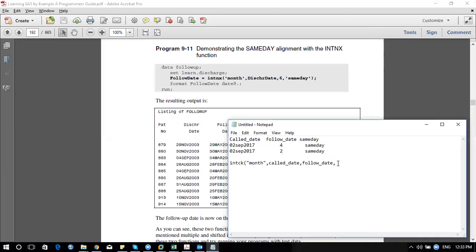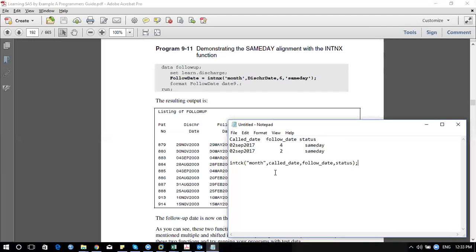If I don't have a same day, you have to put it like this. Again, instead of same day, you can put this. Let's say you have a status. So you can put it over there, and they'll keep on taking it into account. Getting it?